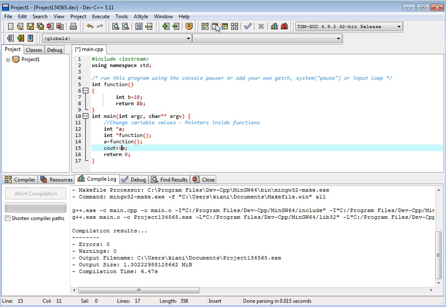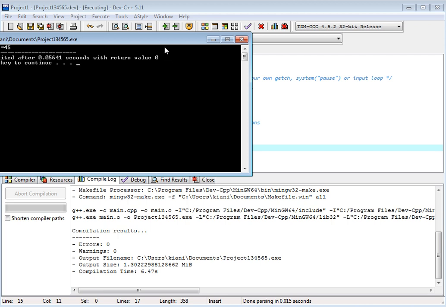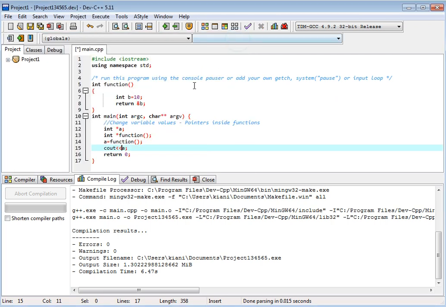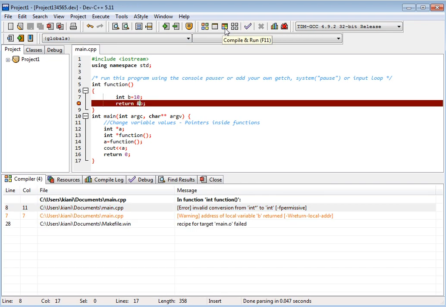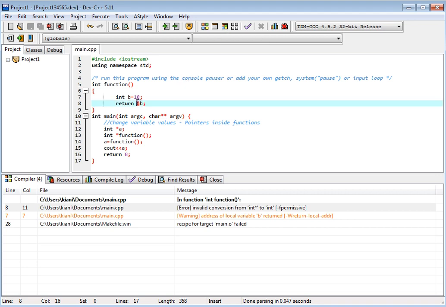Let's see. Okay, this will hold this, right? This should be a pointer.